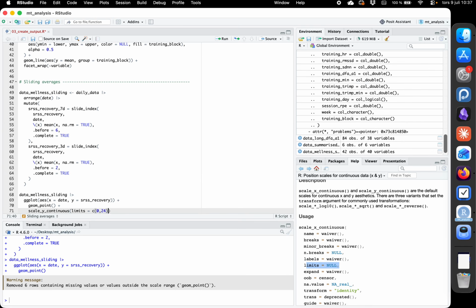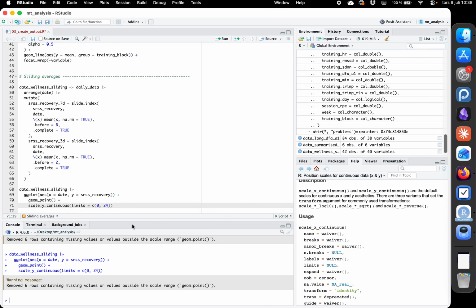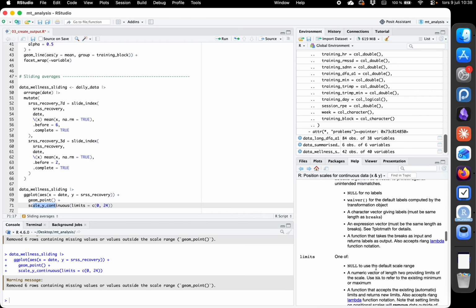So we wanted to go from 0 to 24. We look at it now, and you see that, okay, this is the minimum possible value and this is the maximum possible value, and it shows a little bit more. In this case we could actually remove it, because if you take scale Y continuous, and then we check that there is one that is expand. If we look at this one,